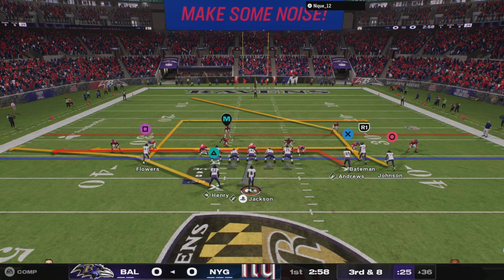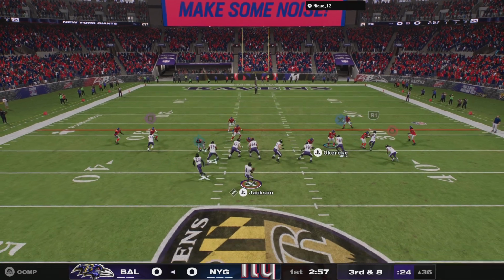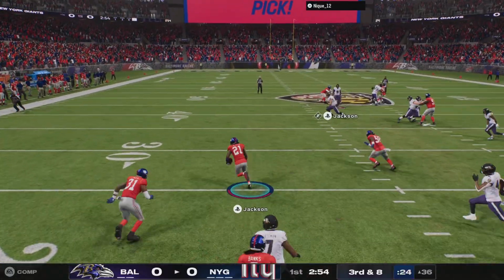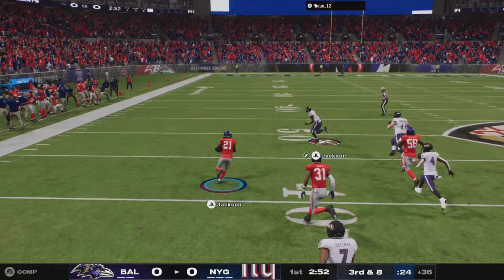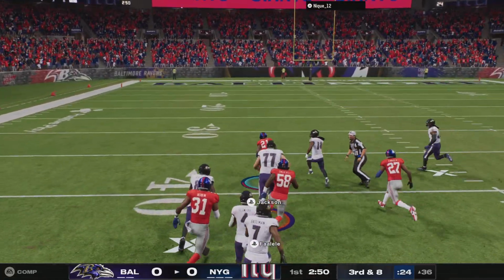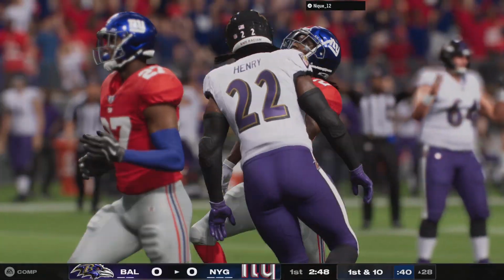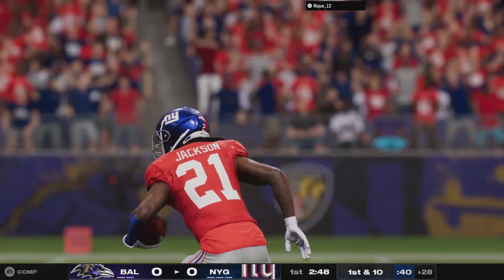From the gun, Jackson. That's going to be intercepted. Picked off by Adoree Jackson. And he's going to give his offense a short field to work with as they look for their first points